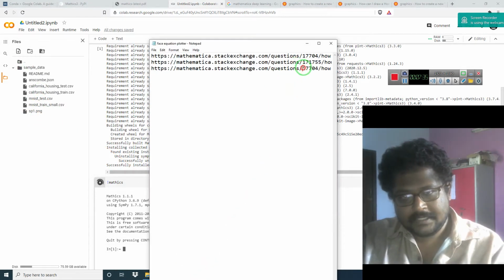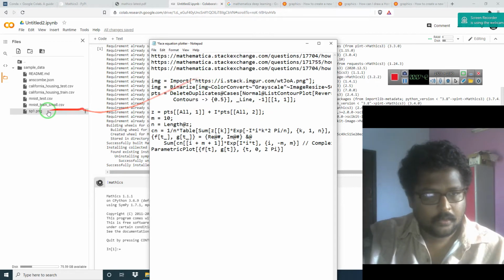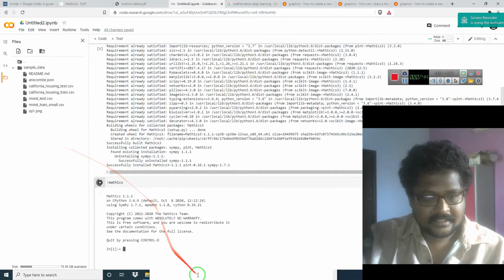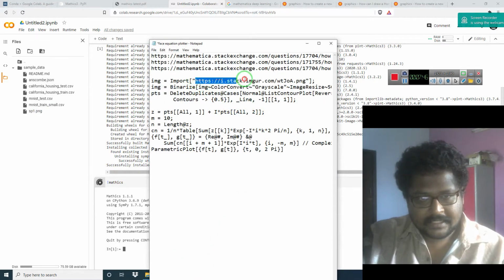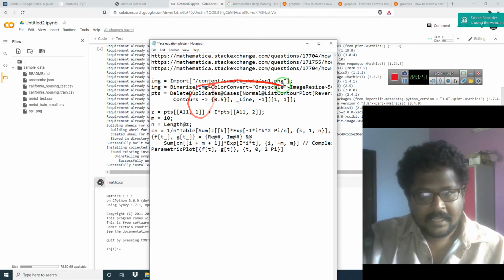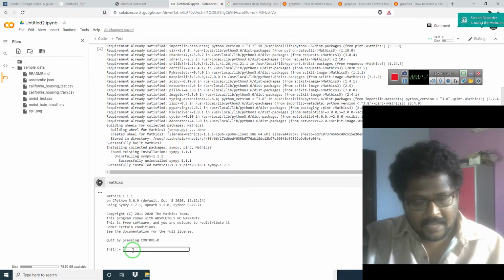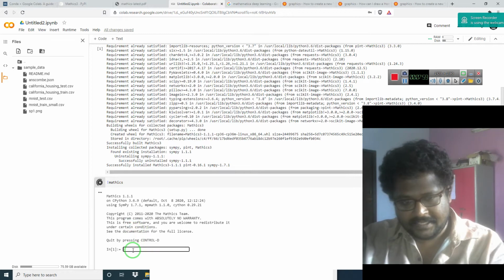Now I am copying the code and pasting it here. I am copying the path of this and writing it here. Then I am copying this, pasting it in here and hitting enter.